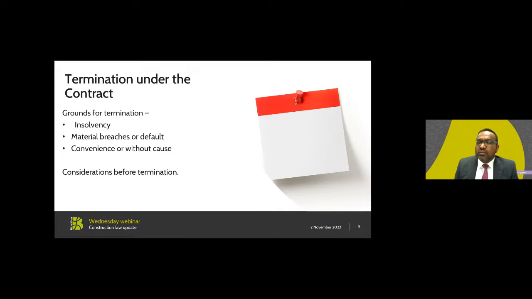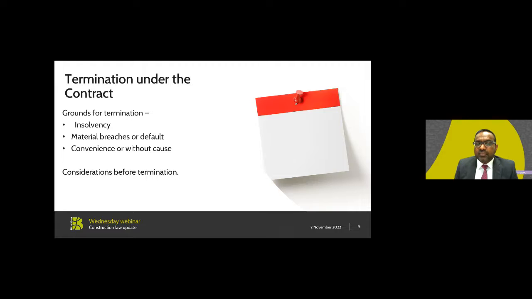Before considering termination, you need to check your contract provisions and check everything you need to be aware of. What are the circumstances which are required before exercising your right to terminate? What are the notice provisions? Whether a single notice or two notices are required before a termination would be effective? Whether the contract requires you to issue a notice to cure? What does the contract say about the consequences of termination? For example, what is to be done with documents, the sites, materials, other documents or guarantees such as